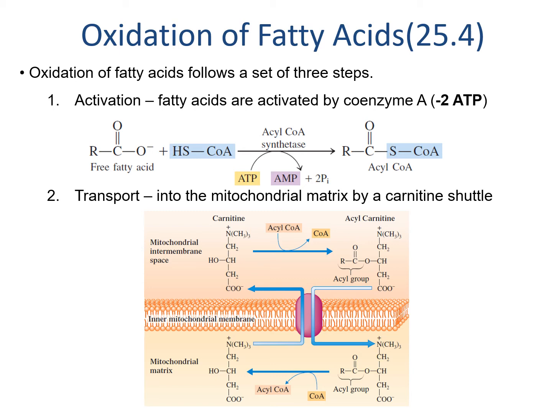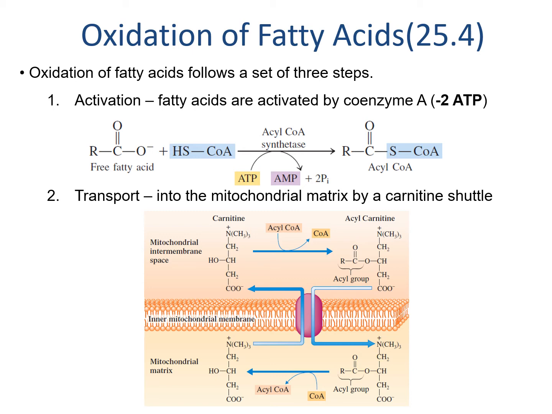This pathway is called fatty acid degradation, or oxidation of fatty acids, or catabolism of fatty acids. Sometimes it's also referred to as beta oxidation, which really refers just to the last part of this process, a cyclic set of steps that gives us all of the energy out of this process. The entire process of oxidation has 3 steps. The first step is an activation step.